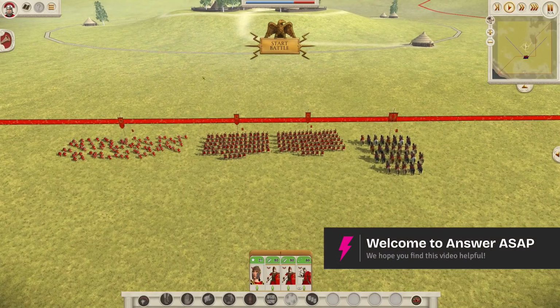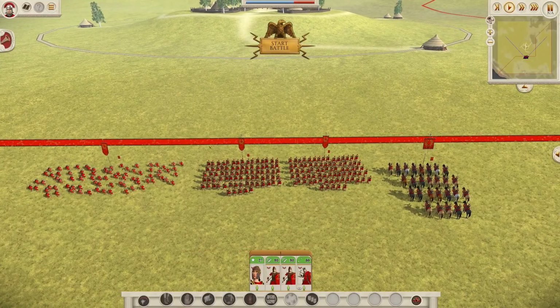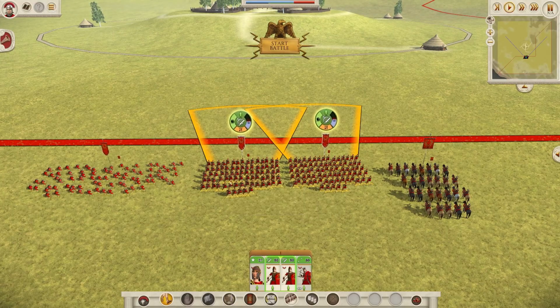In today's video I'm going to show you how you can group your units and keep them in formation in Rome Total War. Now to begin with, when you load up a battle you'll have something like this where you've got your units all lined out, and what you want to do is set them up into a formation that